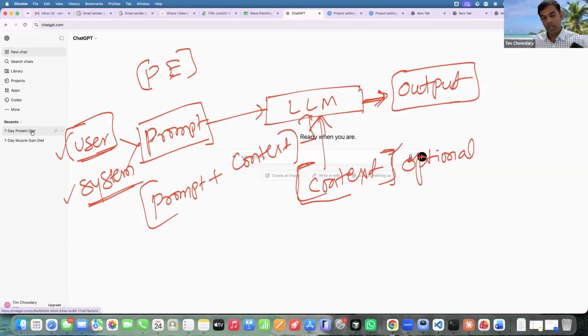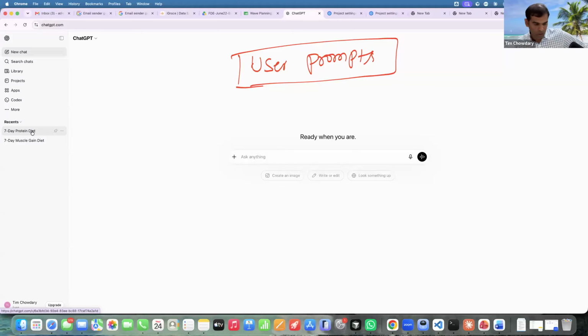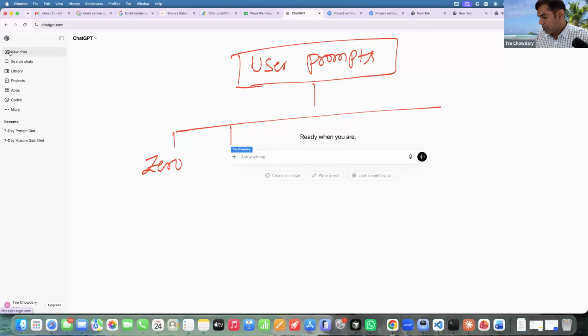Okay. Now, there are different types of user prompts, right? Although broadly people call it as two types, zero-shot prompting and few-shot prompting. But if you have to be too precise, too specific, we can at least call out the top 5 or 6, right? Let's see. One is zero-shot prompting, okay? The other one is few-shot prompting, right?